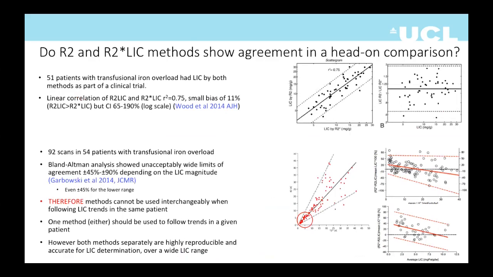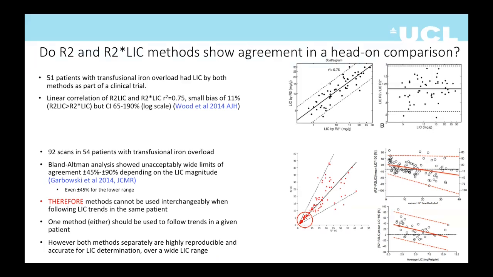What happens if you actually compare these two methods, so R2 and R2 star LIC methods, in a head-on comparison? What happens to the agreement? This was done for the first time in 2014, by us and by John Wood, when Ferriscan was more or less available. John Wood found, in a group of 51 patients with transfusional iron overload as part of a Ferriscan study, a chelator that never made it to the clinic,